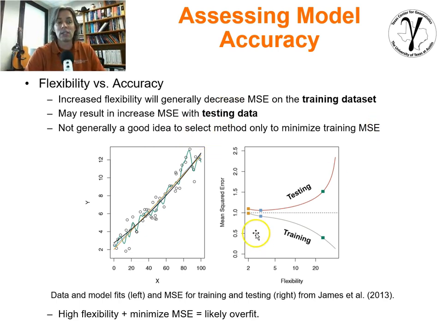And so we could look at a function like this, where we have 2 through 30 or some other number indicating flexibility. So this could be like the number of terminal nodes in a decision tree, or the number of parameters somehow. And what you'll find is that if you look at mean squared error, the training in general with greater flexibility and complexity, the mean squared error goes down. You do a better job. But when you do testing, you may find that in fact you're starting to lose the accuracy because your model is becoming overfit. So high flexibility, you minimize mean squared error, you likely are becoming overfit.